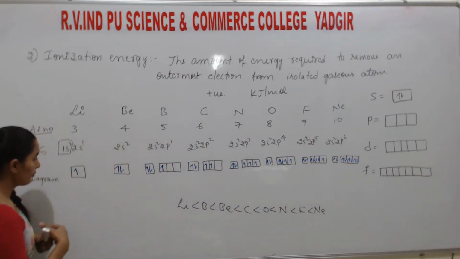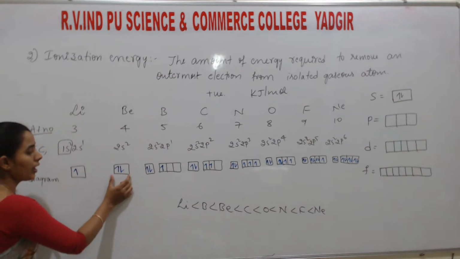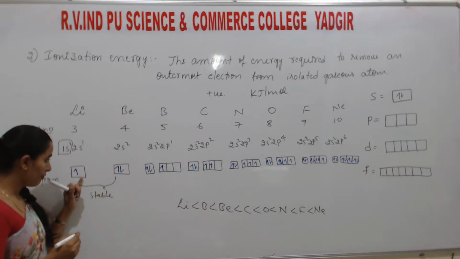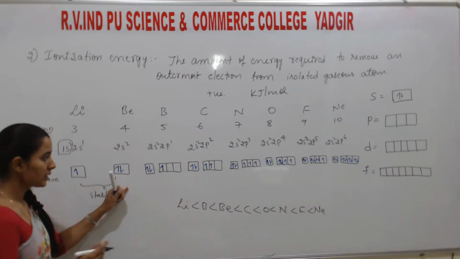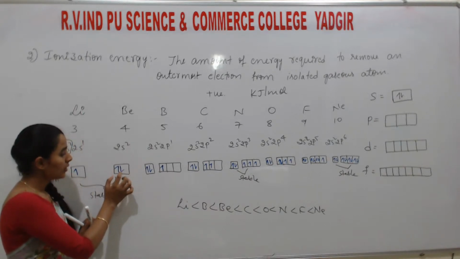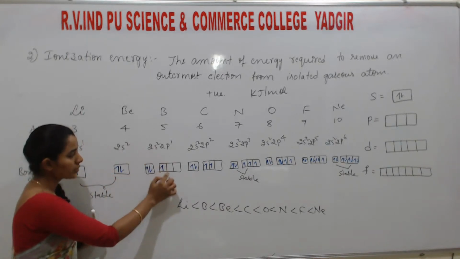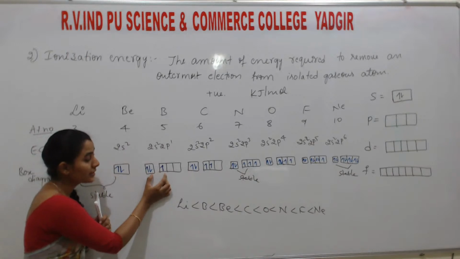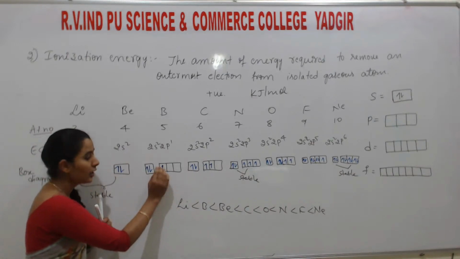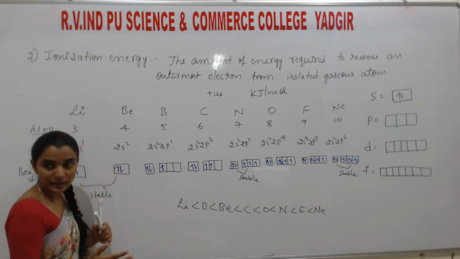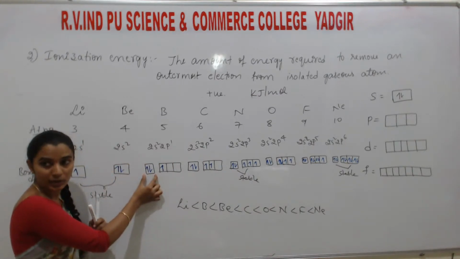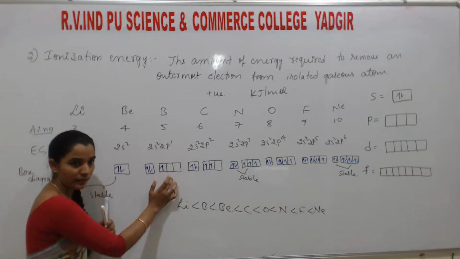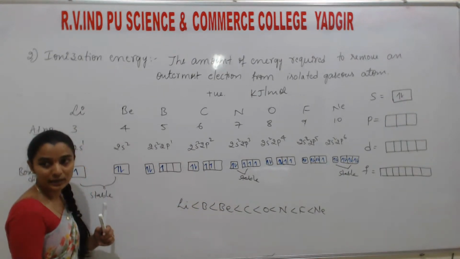Remember students, if the orbital set is half filled or completely filled, this is stable. Somewhat stable configuration is there. This is 2s2 compared to this 2s2 2p1. Understand, students? So this is a completely filled configuration. This is stable, this is an unstable configuration. If it loses one electron easily, then it attains a stable configuration. Understand? So in the configuration, 2p1 is there. If we remove that electron easily,